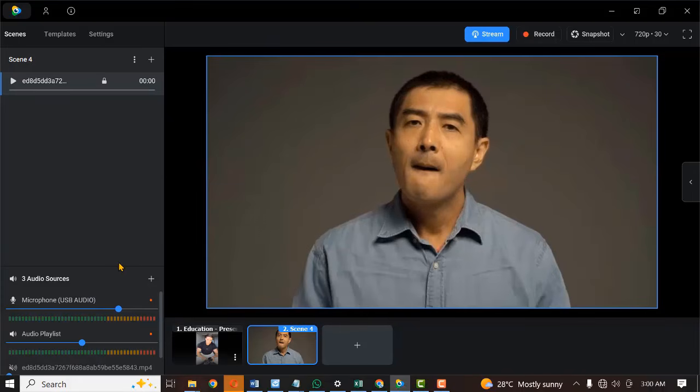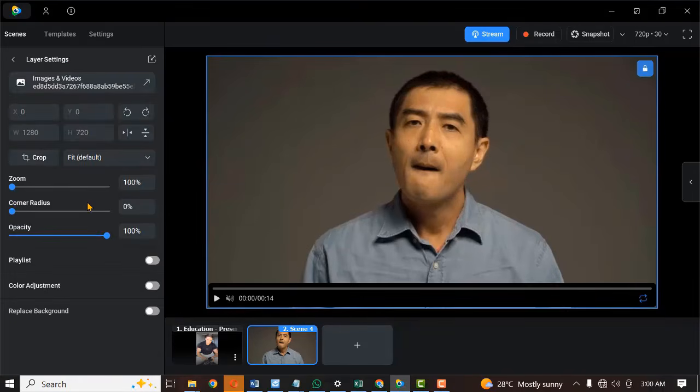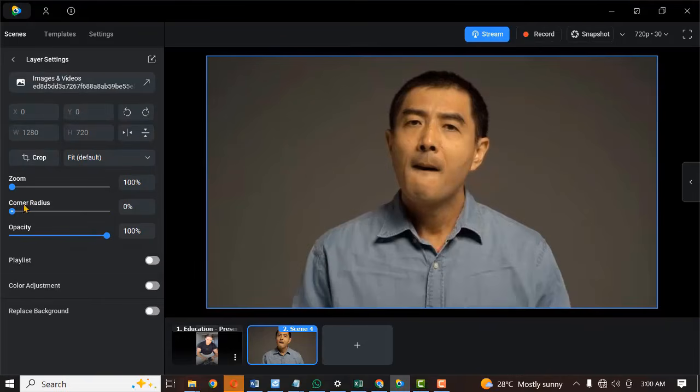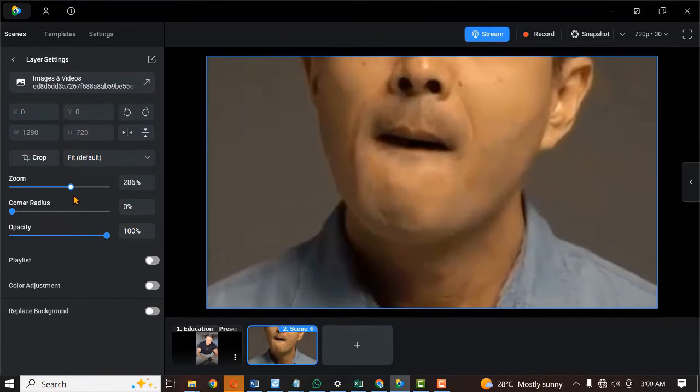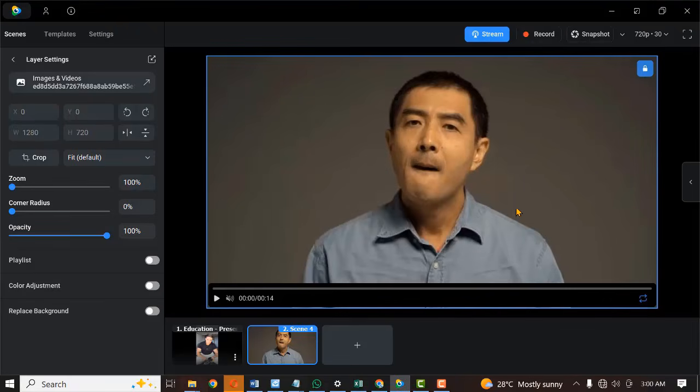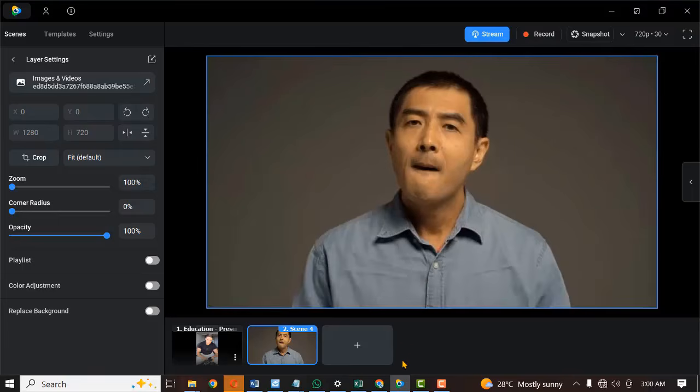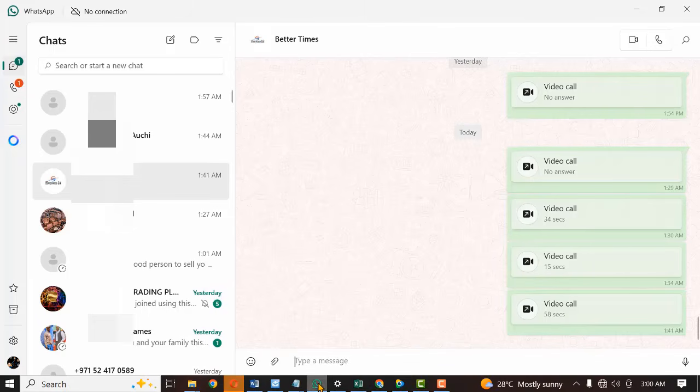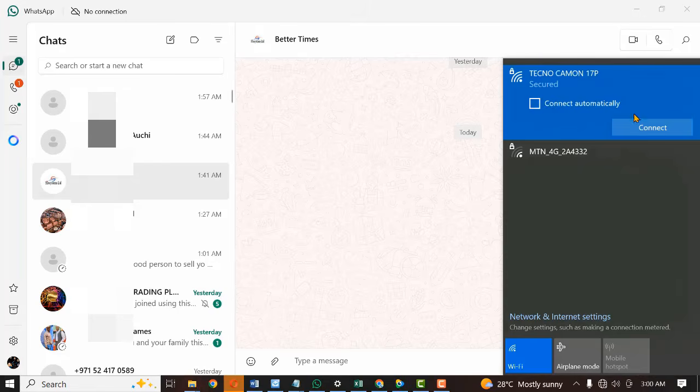Next, like I told you earlier too, if you click on it, options will display at the left hand side. So if you want to zoom it, you can zoom it from here. Adjustment takes place from this other end. Okay, all right, so once all these have been successfully set up, you can now go to your WhatsApp and then make a call. You must make sure that your internet connection is turned on. All right, I'll turn on the internet connection and